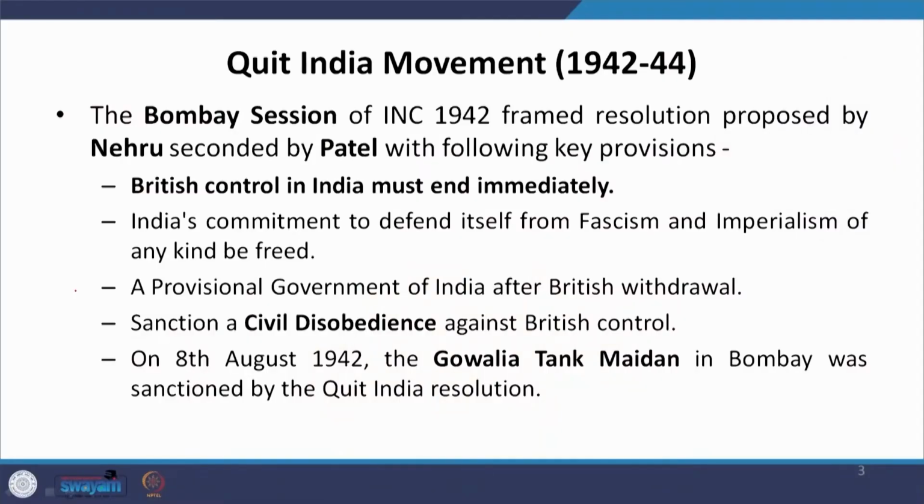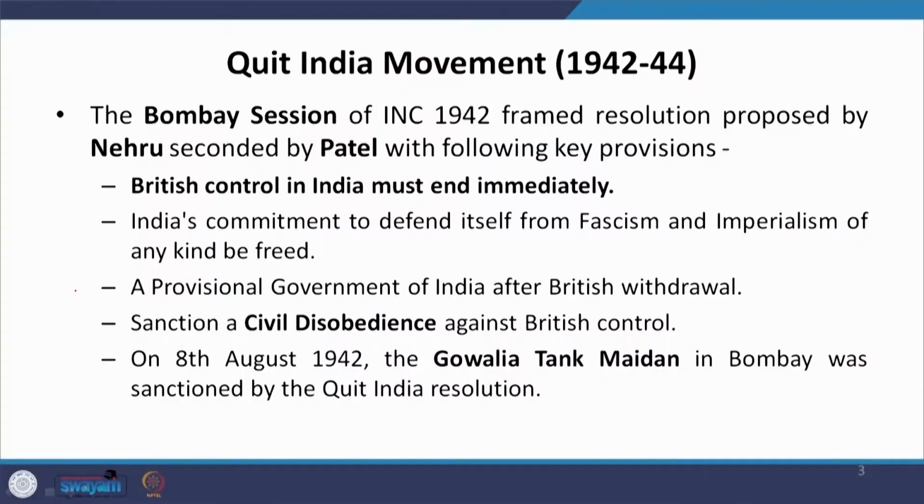So, we see that the Bombay session of Indian National Congress in 1942 framed the resolution proposed by Jawaharlal Nehru and seconded by Sardar Vallabhbhai Patel, and it had the following key provisions. A, British control in India must end immediately. That was the first provision that INC proposed, and then India's commitment to defend itself from fascism and imperialism of any kind must be acknowledged, and so India should be free to refrain from participating in any expressions of fascism and imperialism. And then 3, a provisional government of India after British withdrawal, that was the third provision, followed by